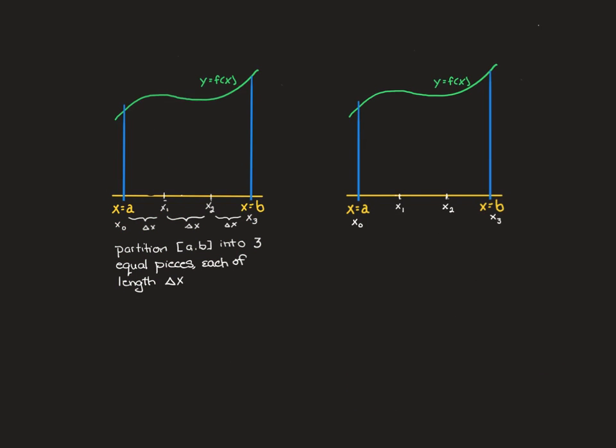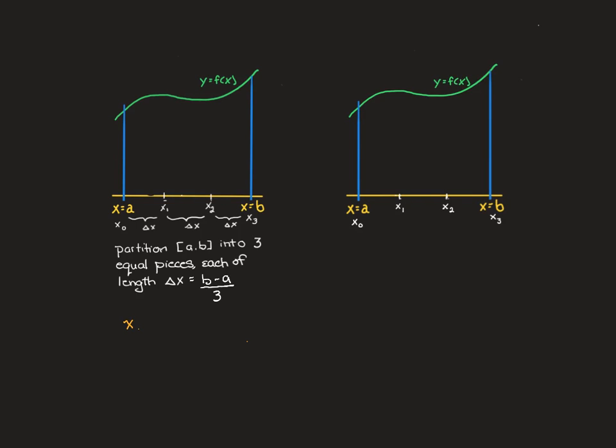So let's start by partitioning the integral from a to b into 3 equal pieces. Then each of these pieces will be of length delta x equals b minus a, the length of the interval, divided by 3. And I've labeled the points x naught, x sub 1, x sub 2, and x sub 3. Let's try and say what those are. Suppose you didn't have a picture. You would say